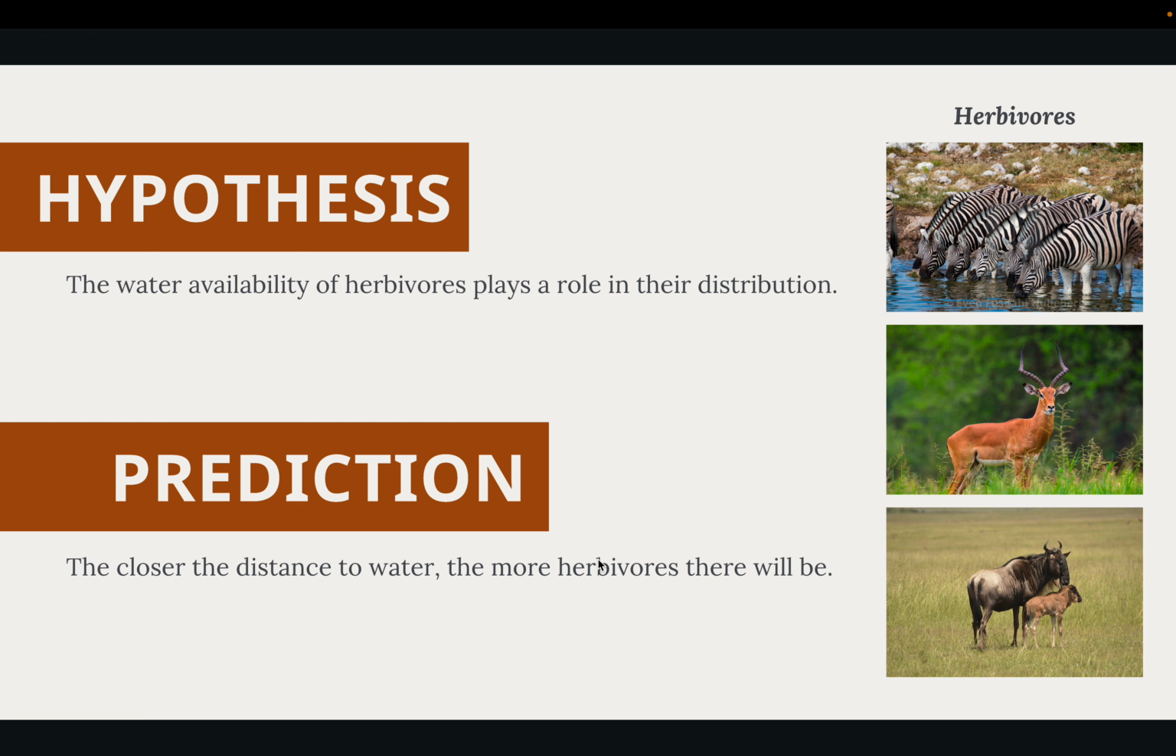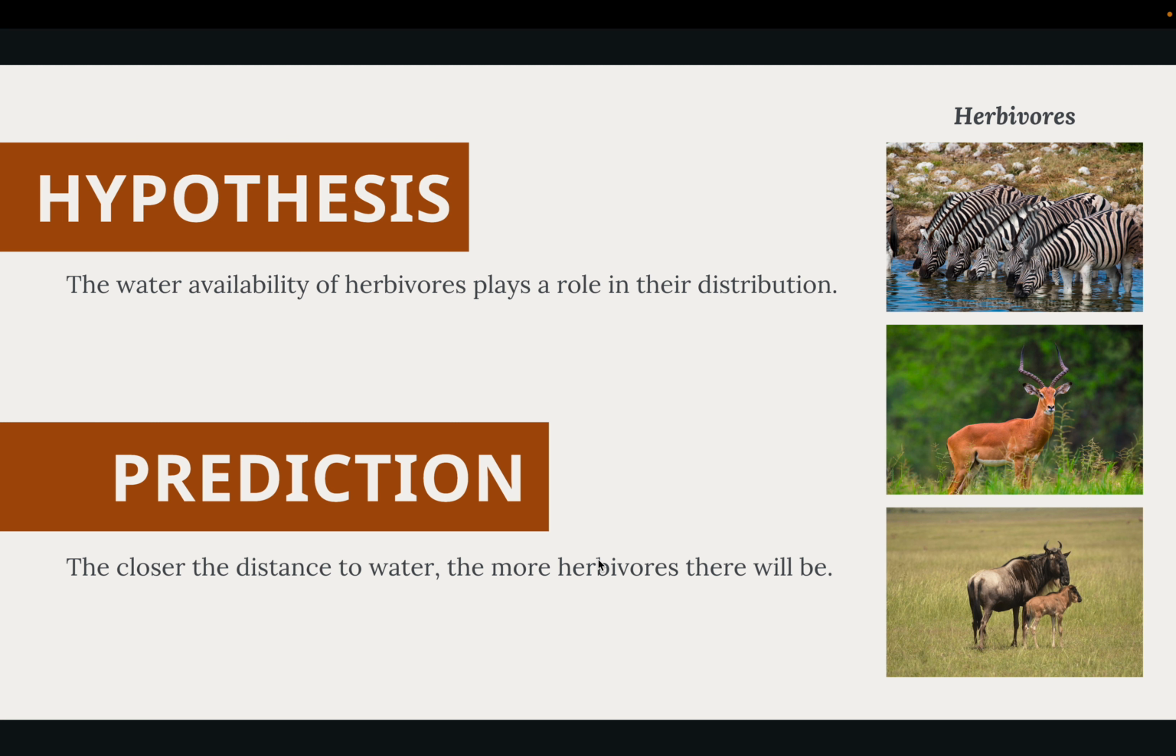The first being the water availability of herbivores plays a role in how they are distributed throughout the Serengeti. The prediction made for this question is that the closer the distance to water, the more herbivores there will be. This is because water is an essential part of all life, so it can be inferred that more animals will gravitate towards this resource. Since the question is talking solely about herbivores, the animals being studied are the zebra, impala,